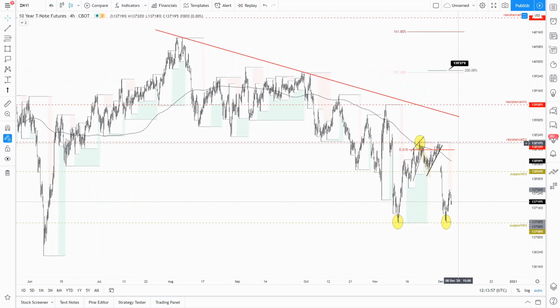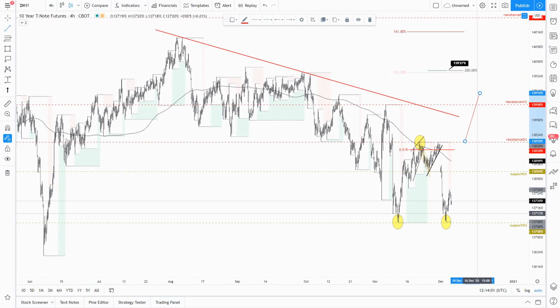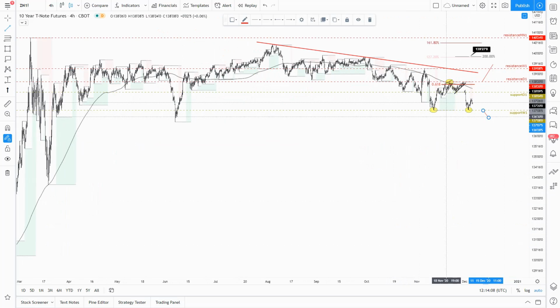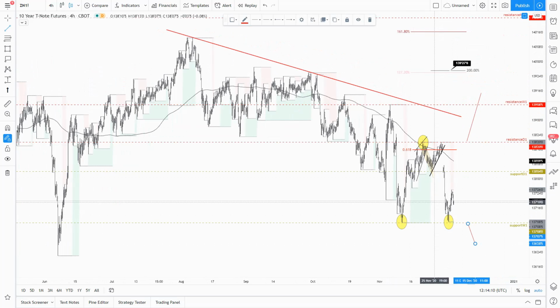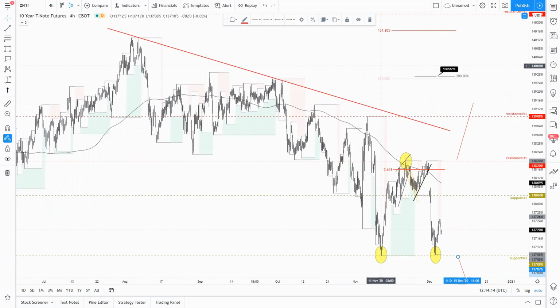So basically we need to see either a validation of the pattern trading above the daily fractal, or the invalidation of it,